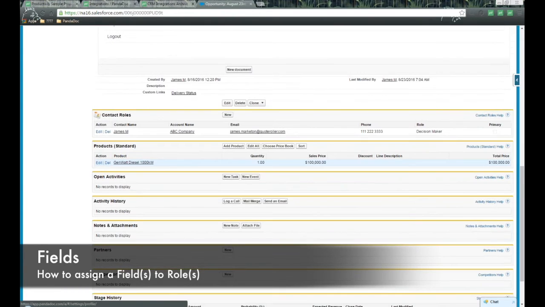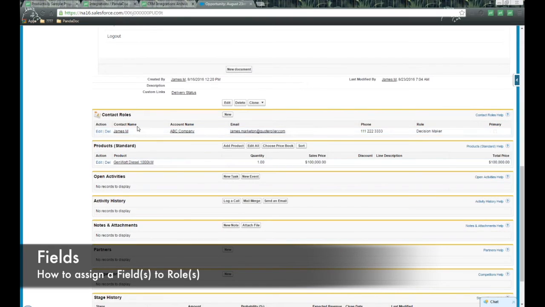Of course, those contact information, so part of this opportunity, I have one contact here by the name of James M. Company name is ABC Company, and my email address. And this is also the other information that will pass over directly into PandaDoc as part of the CRM integration is set up. Also, we have product information as well. So here's an example of a product or an item that I want to pass over into the PandaDoc pricing